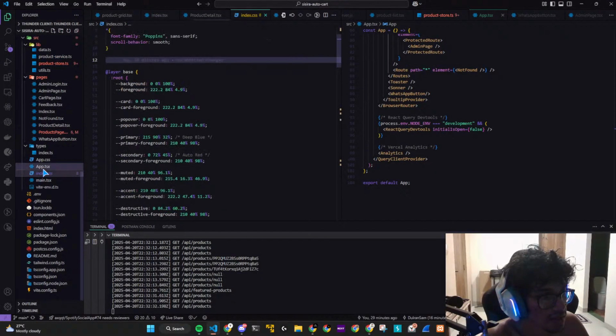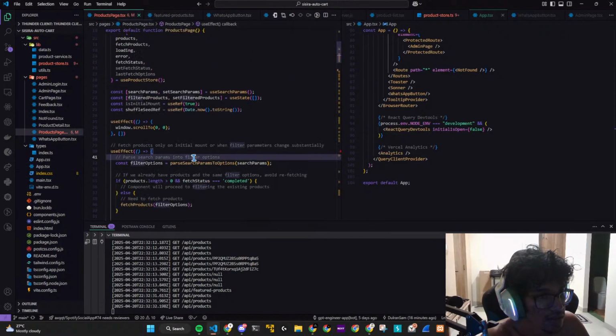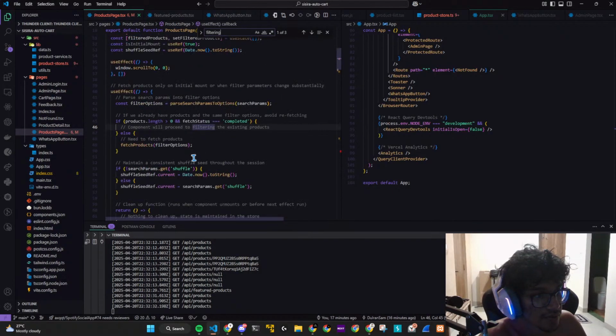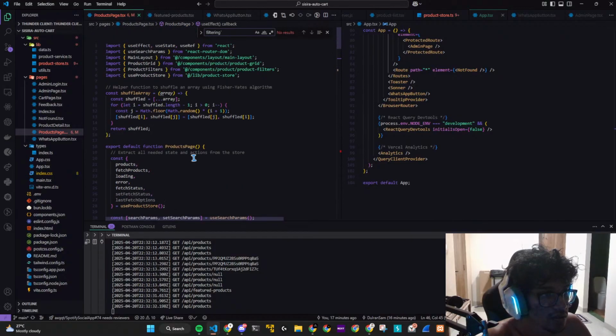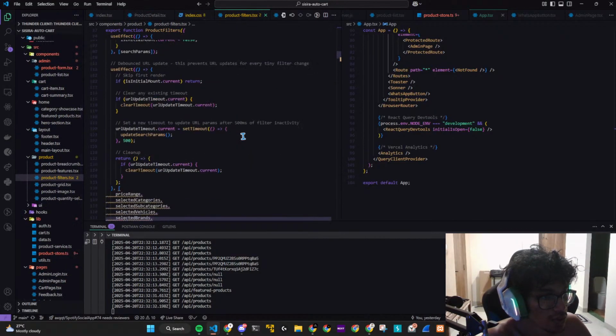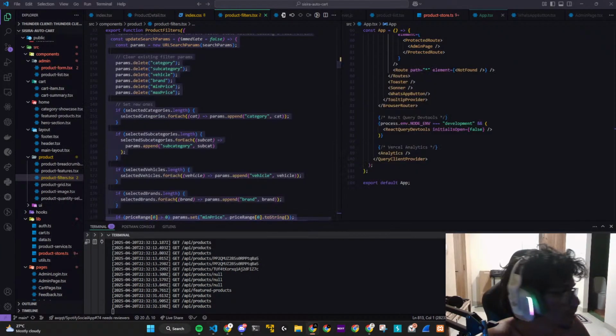Filtering. I want to make this easier for the users, to be honest. Products page. Filtering. Okay, so we're gonna make these product filters. We're gonna make sure this is nice for the users to use. So what I'm gonna do is I'm gonna say